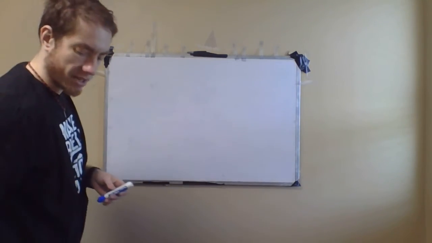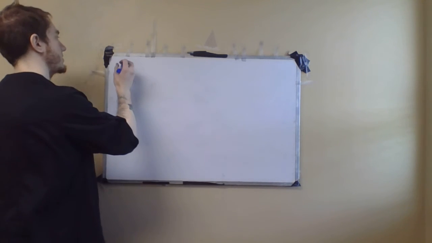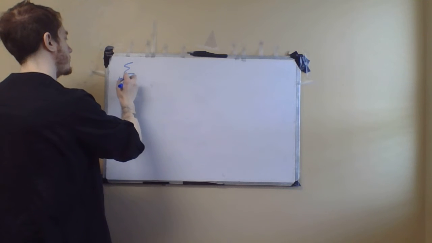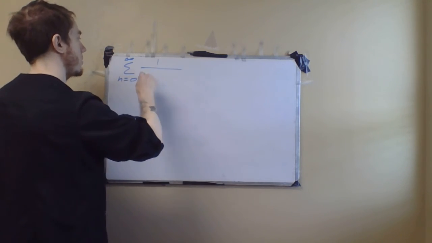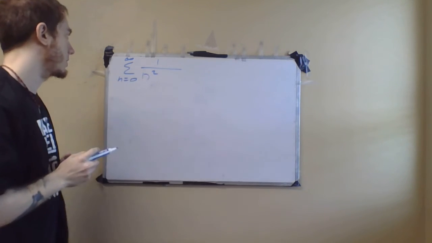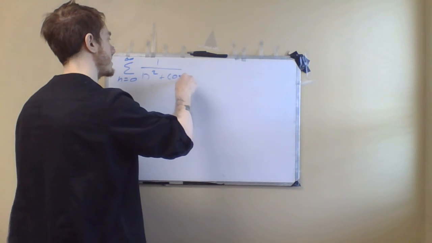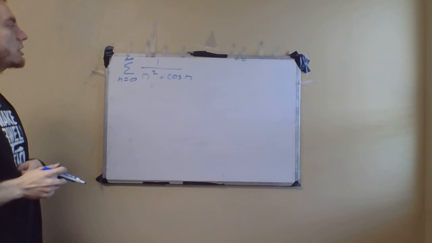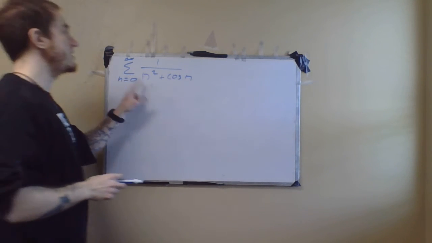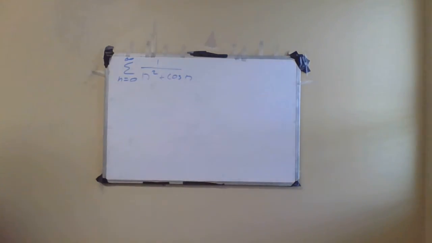So what if you had something like the sum from n equals 0 up to infinity of 1 over n squared plus the cosine of n? Well, this one is going to be a bit trickier. The way that we're going to deal with this one, though, is I'm going to observe that